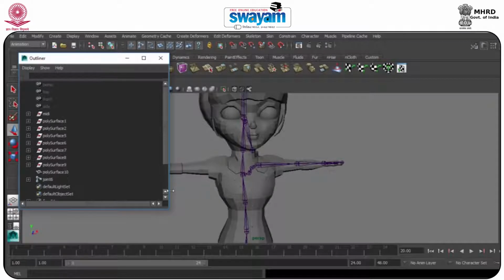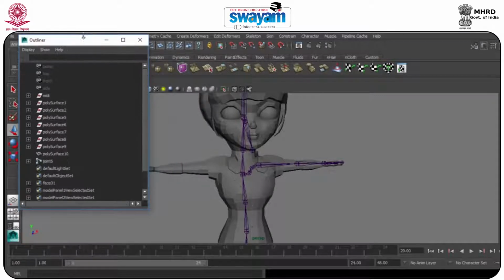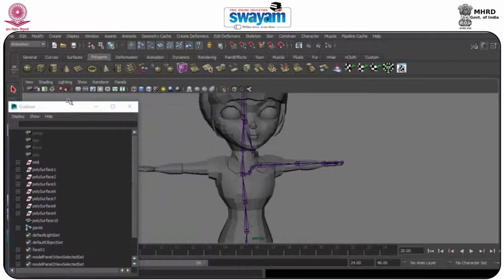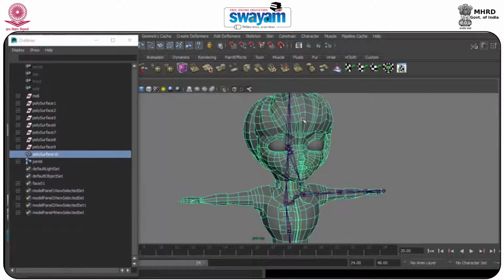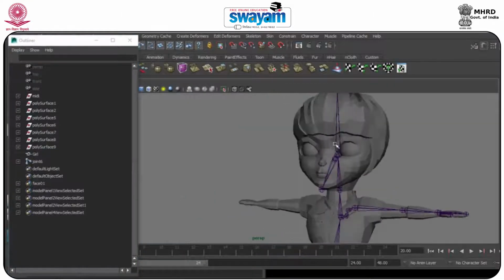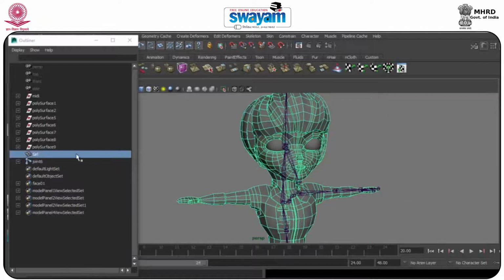So this is the Outliner. I will adjust it here. Okay. Now as you can see, this is the main girl model. So I will rename it girl and press enter. So this is the model, and